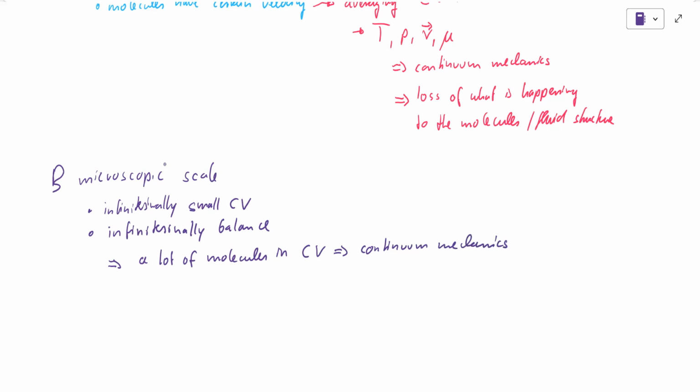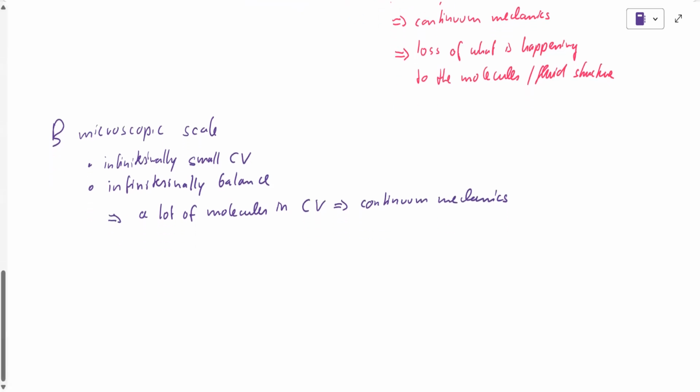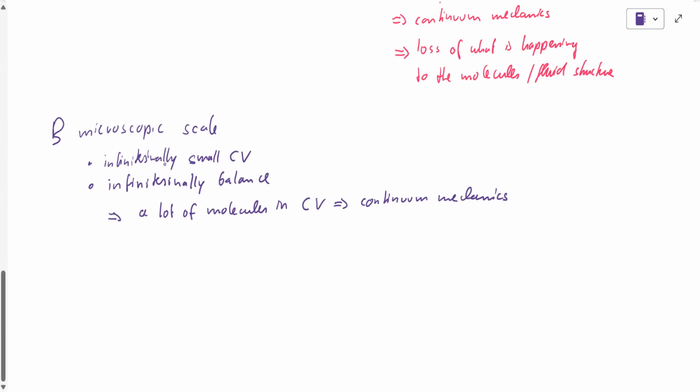Of course, we lose information about the fluid structures, but we also have some advantages in using a microscopic length scale, which is that we can formulate differential equations of conservation